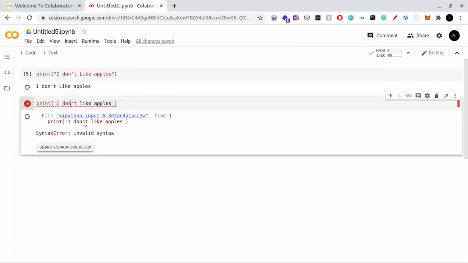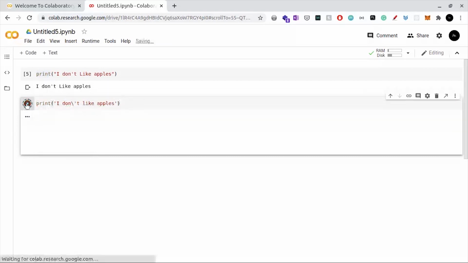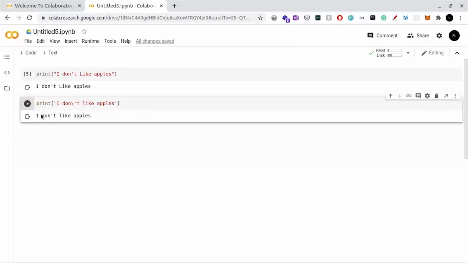The method to use is, you put a backslash here. This is called the escape character, and when we run this, it will work exactly fine. Now we have to put a backslash where we have a special character. In this case, this single quote was a special character for our program. So we have just put a backslash in front of it, and Python will ignore it and move ahead.